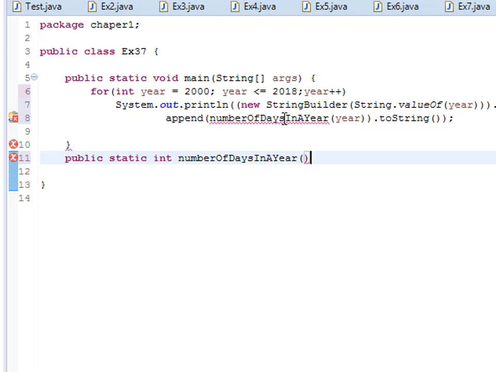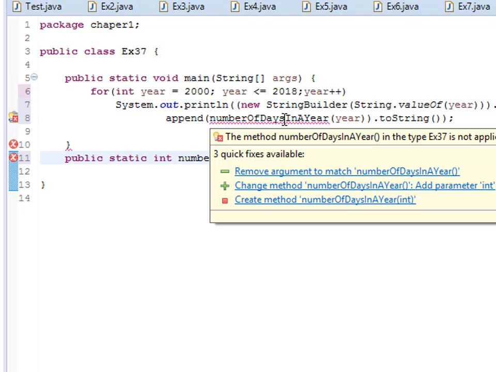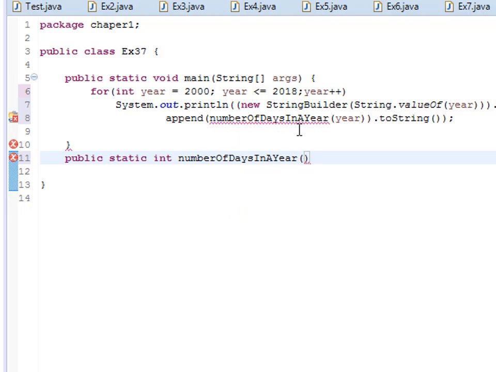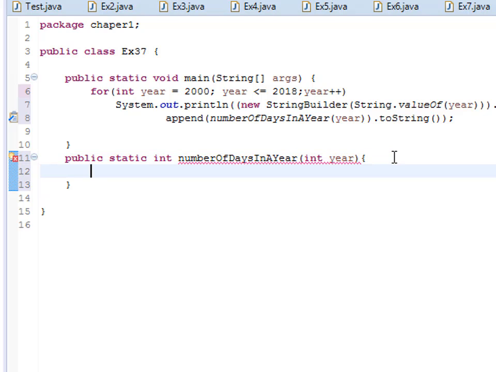Okay, it's complaining. So still you have this error because we have the argument here, and here we don't have any argument. So I'm going to pass int year here, and this should be fine now. And down here I want to return,